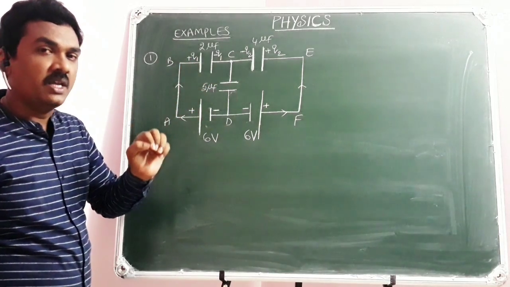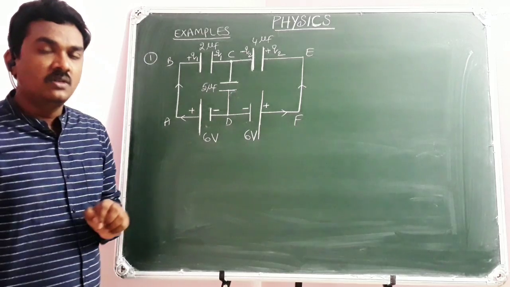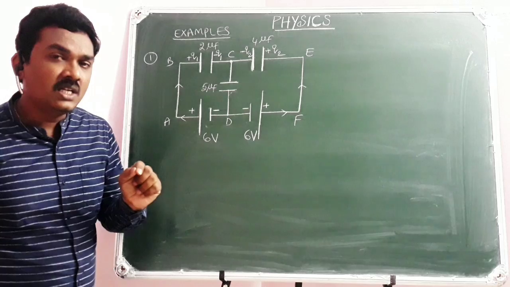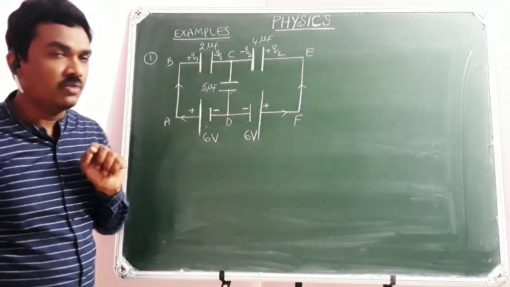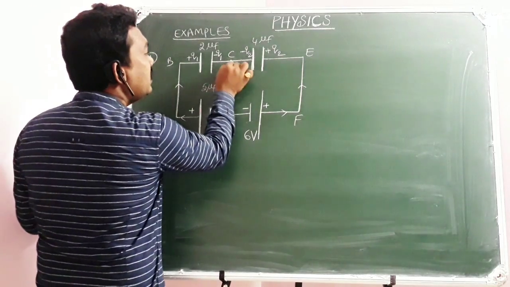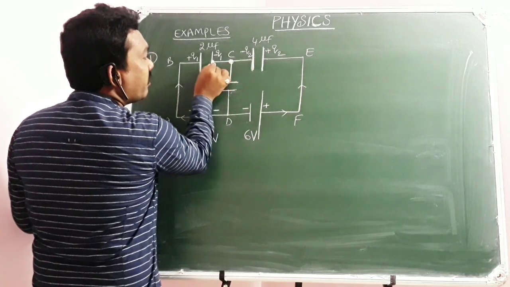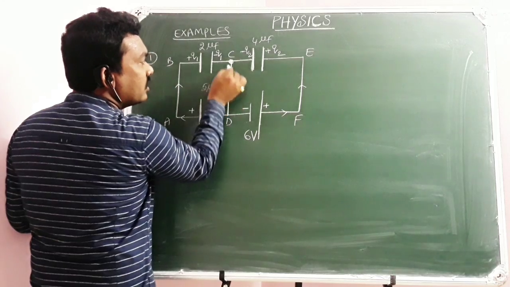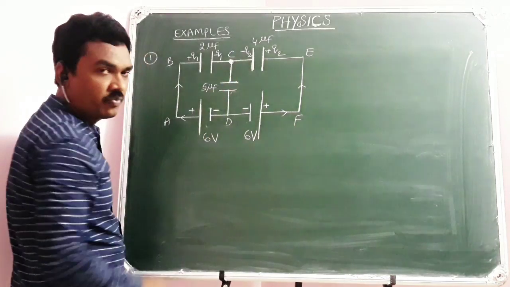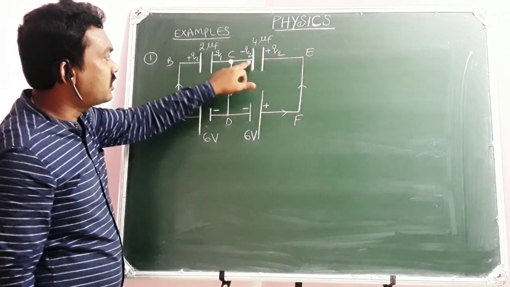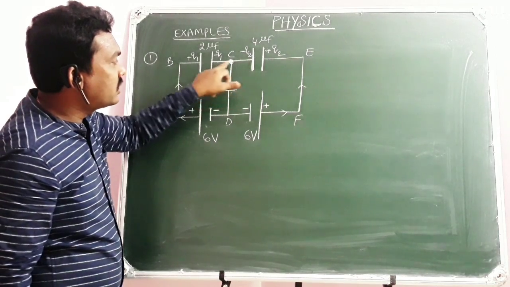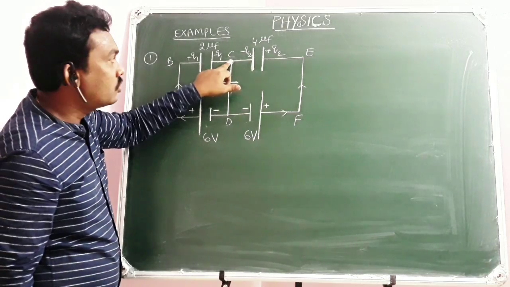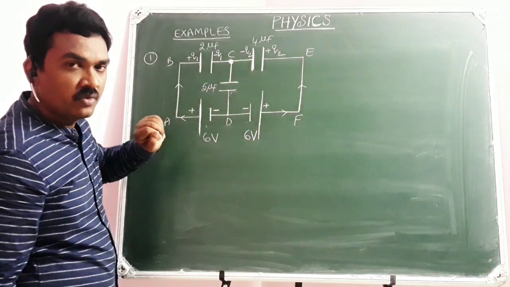Yes, here you need to apply Kirchhoff junction law of charge. The total algebraic sum of charges meeting at a junction will be equal to 0. Now look at this. Here C is the junction. So here minus Q1, here minus Q2. So if there is some charge here, their algebraic sum must be 0. The charges on all these three plates are going to meet at a junction, so their algebraic sum must be 0.